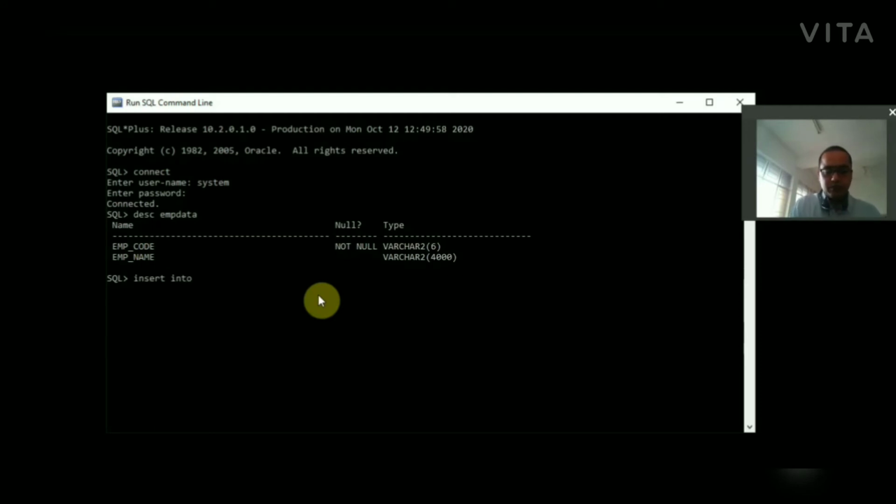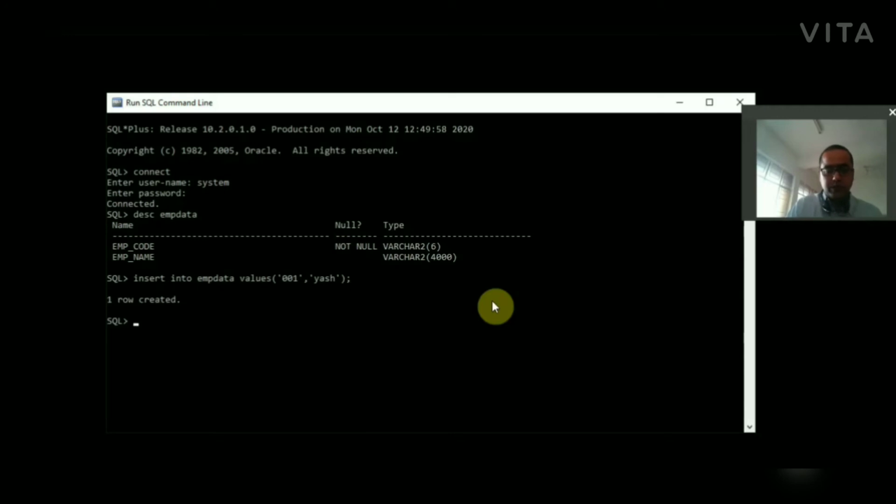Insert into EMP data. The table is empty now, so I am inserting the first record in this table, EMP data, and then values. The first value is for EMP code. I put 001, and then for the name I put Yash, my name.